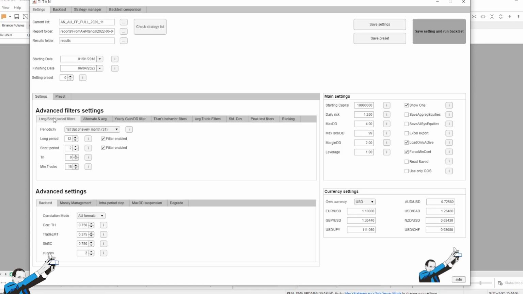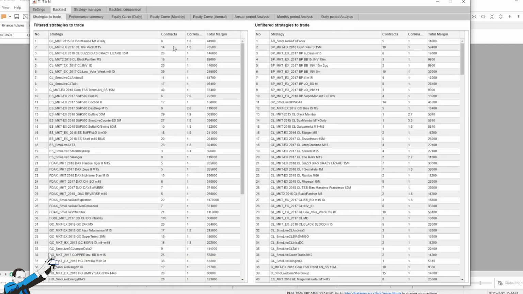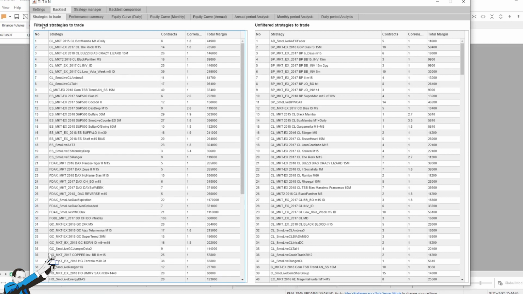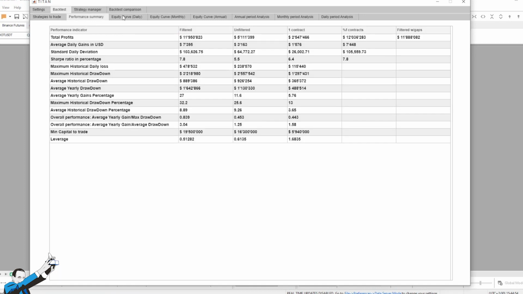So let's go and see in this case what our systems would do by applying only filters on equity and leaving a very high starting capital. So let's go and launch the backtest. It'll take a moment to do this. Okay, and it's done. Now in the backtest, we can see that strategies are proposed and how many contracts are involved. Needless to say, we put in so many millions that it suggests strategies with 26 contracts on crude oil. I mean, far-fetched stuff. But we don't care because what we need to understand is the worthiness of what we're doing by filtering the equity.